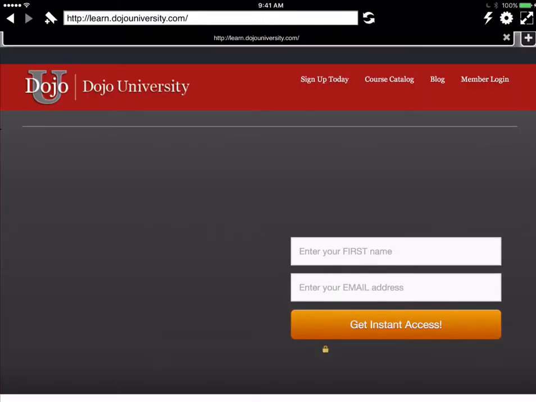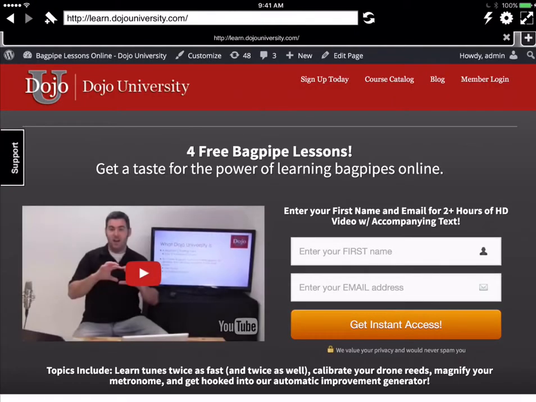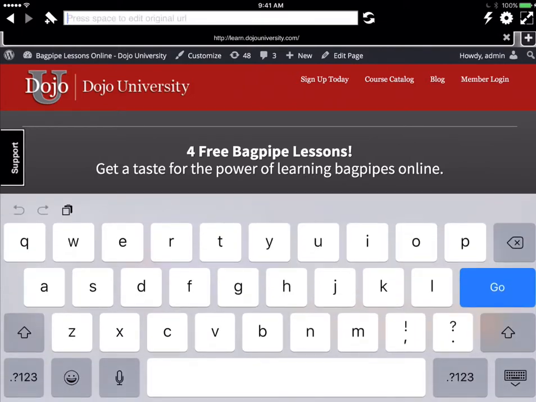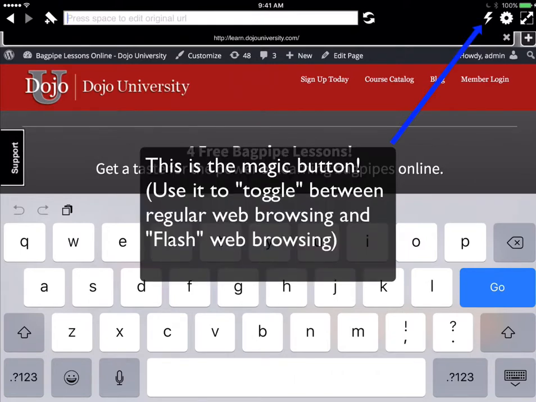I'm going to open this up now. And it's a little bit crazy. There's a whole bunch of different buttons going on here on the screen. But you'll see it's just like a regular web browser. I can go up here in the URL box and type in anything that I want to, and it'll bring up any old website. The cool thing about Photon is you'll see this little lightning bolt up in the top